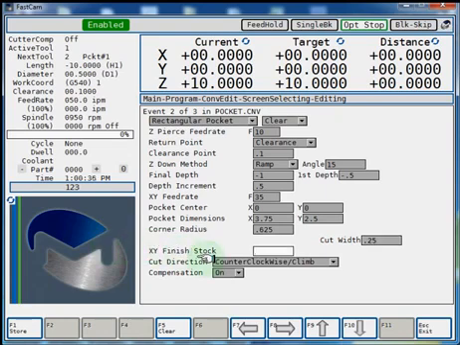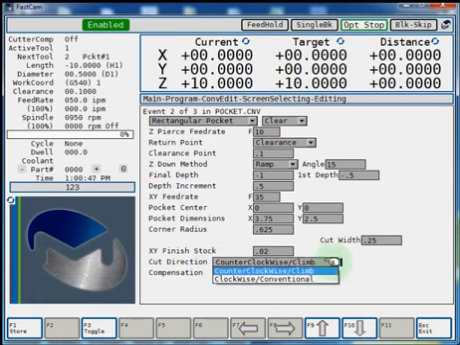X and Y finish stock. If you want to leave any material on the walls to come back with the finishing operation, you can do that here. Your cut direction, it defaults to counterclockwise climb cutting. If you'd like to change it, you can select clockwise conventional. And if you want to shut your cutter comp off, you can also do that there. Hit F1 store,